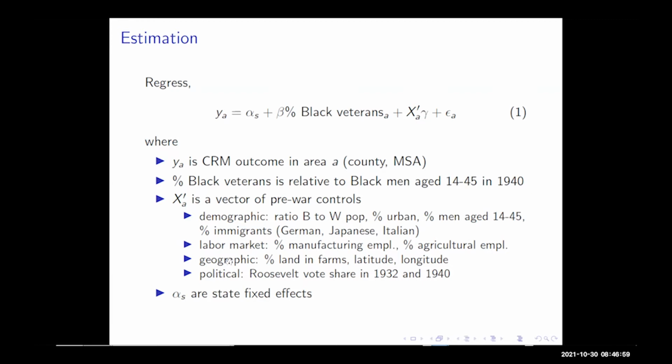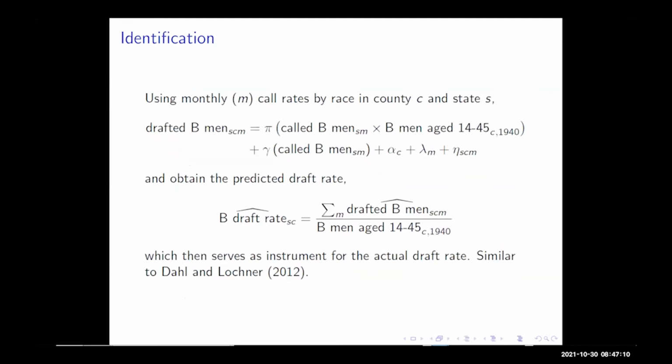And then we include controls for different demographic, labor market, geographical, and political characteristics. And now, of course, we don't think that the black draft rate is randomly distributed across space. So we have a monthly panel of draft and call rates by race. And so what we do is we regress the number of drafted men in state S, county C, and month